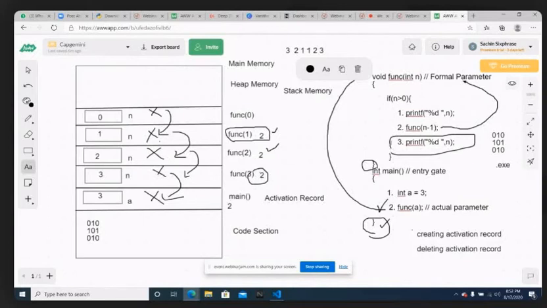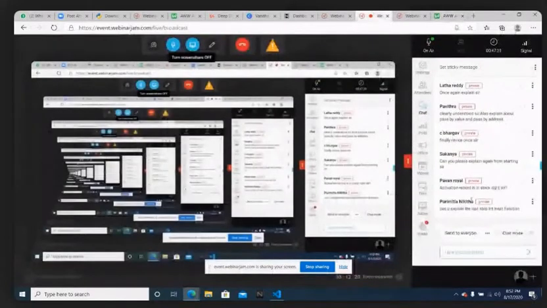So the third line has to be executed when you're moving from top to bottom. For moving from top to bottom, I see function of 1 first of all, so I execute printf for that. Then I did it for function of 2, and then for function of 3. That is the reason why 1 to 3 is again getting printed. For the first printf statement, 3 to 1 is printed. For the next printf statement, only 1 to 3 has got printed. That's very simple. Okay, fine.